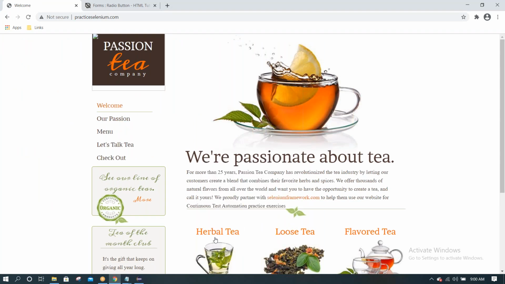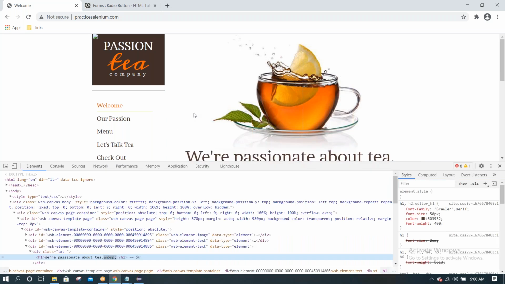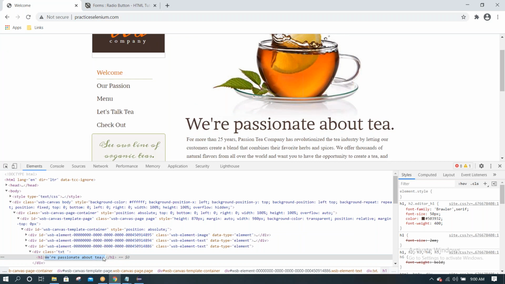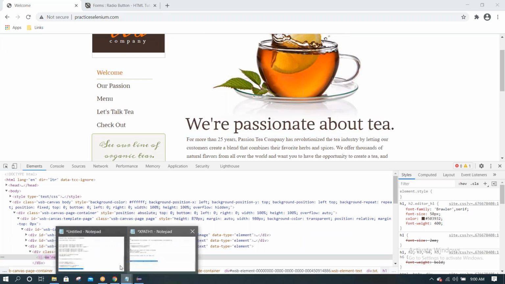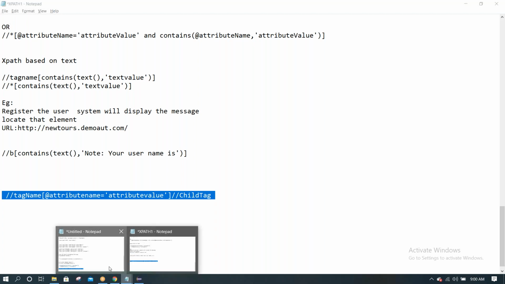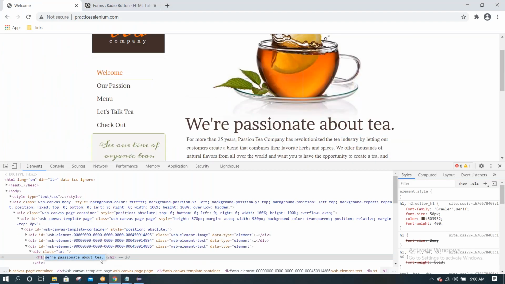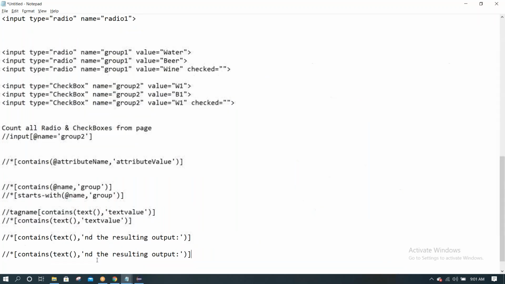We can inspect. Here we'll try to write an XPath syntax. If it does not work, then we can write this XPath. Let us try.